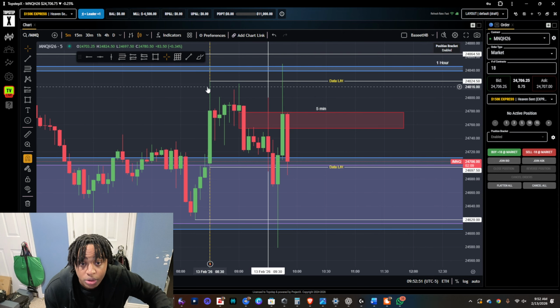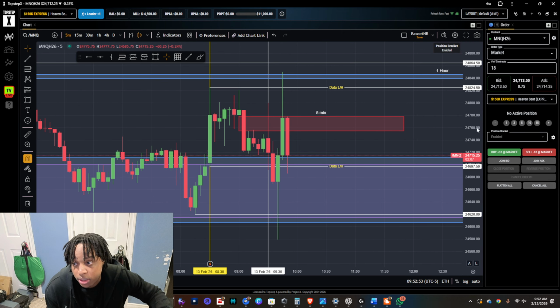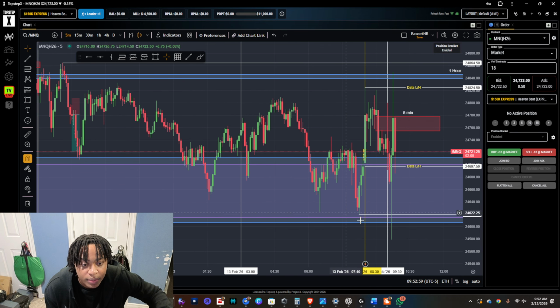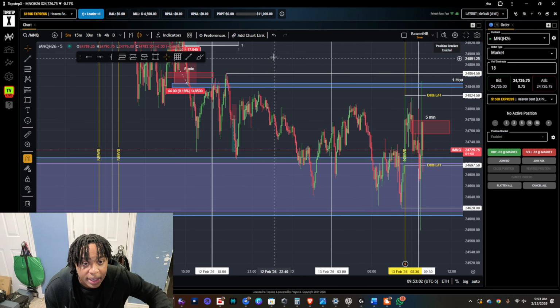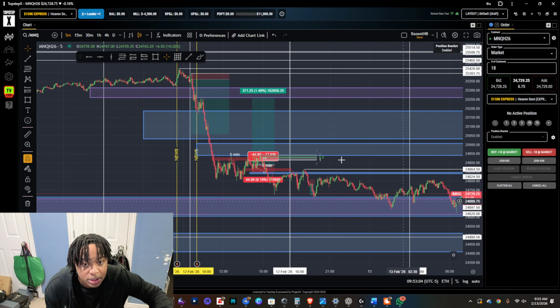We had this new CPI. As you guys know, CPI is very hectic, right? It causes the market to move in any type of direction the way it wants to. So that happened. We have the high, we have the lows, the highs from other sessions, and all this fair value gap.